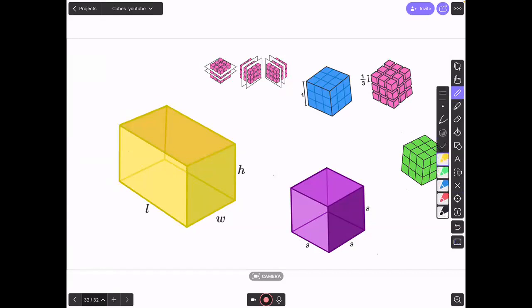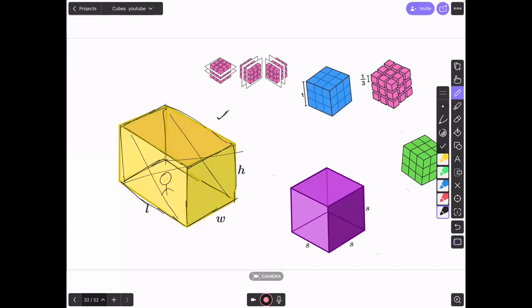So if I make someone sit here, imagine this to be your room. The room in which you and I are sitting right now. So this is the best example of a cuboid, the room. This is the floor. This is the ceiling. This is the wall in the front. This is the wall at the back. This is the wall to the right and wall to the left. So the best example of a cuboid is a room.